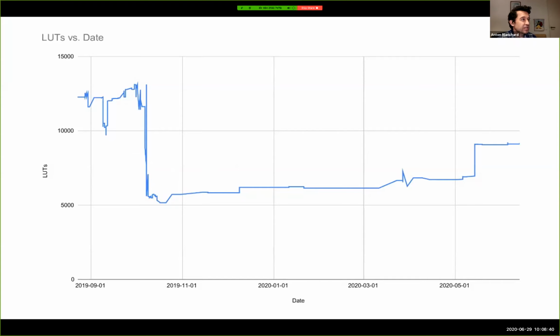It is pretty small. This is just an example of LUT usage over time, and this is an FPGA metric. These are actually Xilinx Series 7 LUTs, but in the scheme of things, it started off a little big, and it got better over time as we, I would say, learned a bit more about how to write efficient hardware, coming from the software side. It took a bump at the end, but that was when we added things like an MMU and caches. So it was kind of expected. But in the scheme of things, it's tiny.